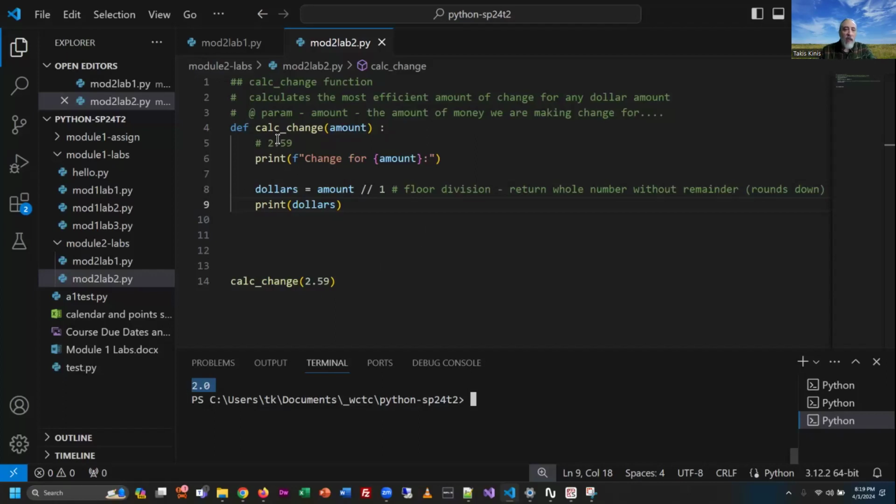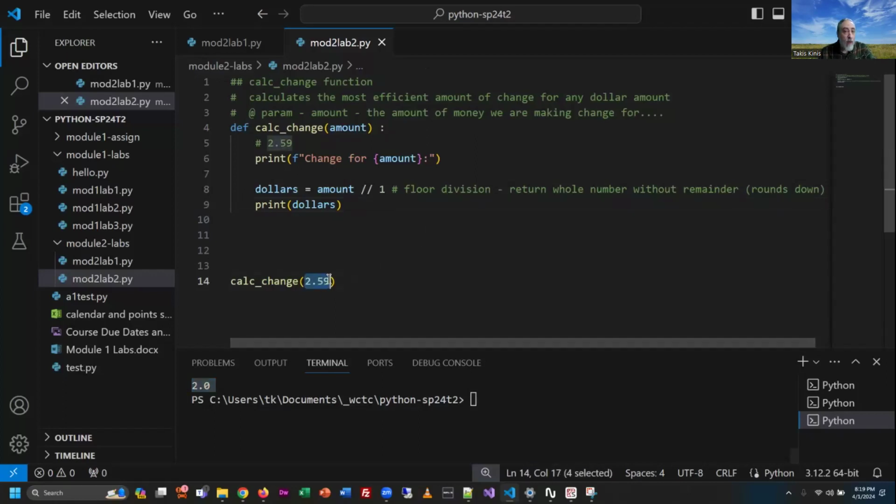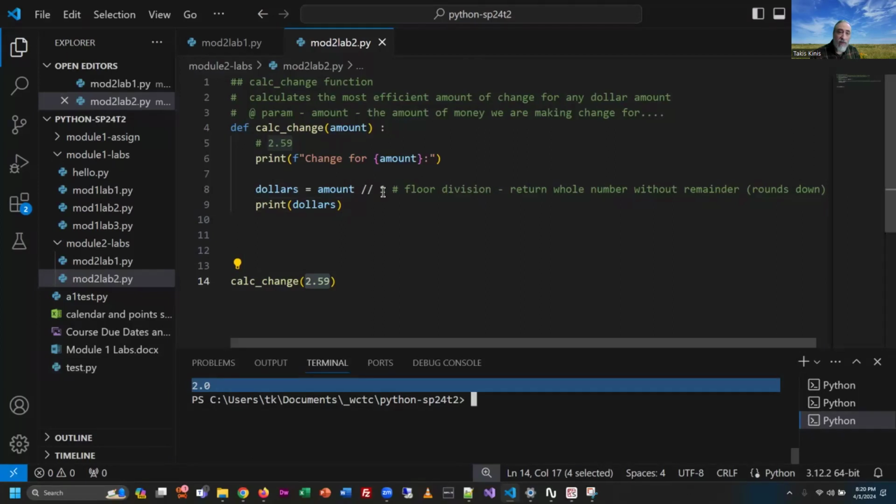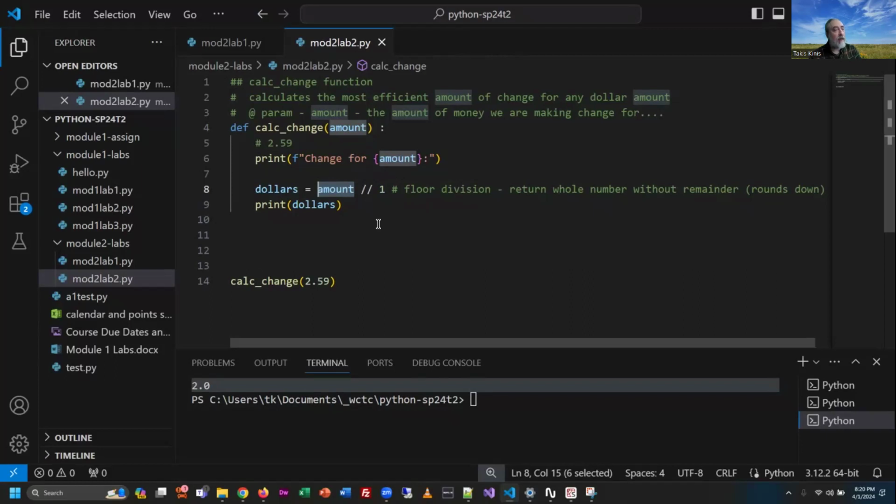Okay, so now why does it do 2.0? Now we're sending in a floating point number, so it returns a floating point value. This is kind of a really important concept too. This is a concept we call casting. Here we're dividing by 1, which is an integer, but the number we're dividing into is a floating point number. So I get back a floating point number because at least one of the numbers is a floating